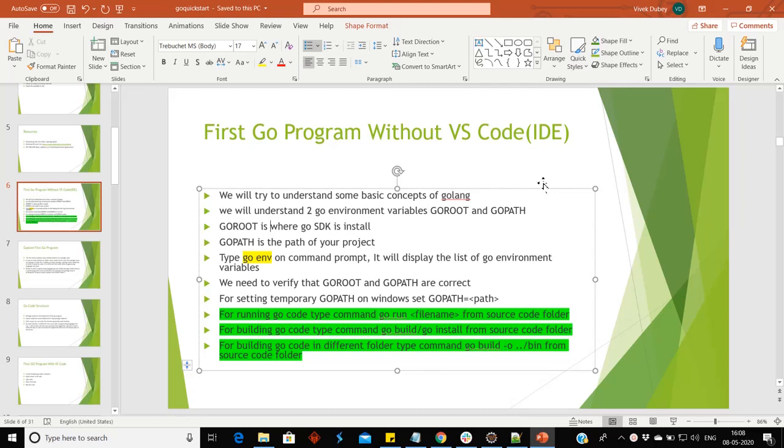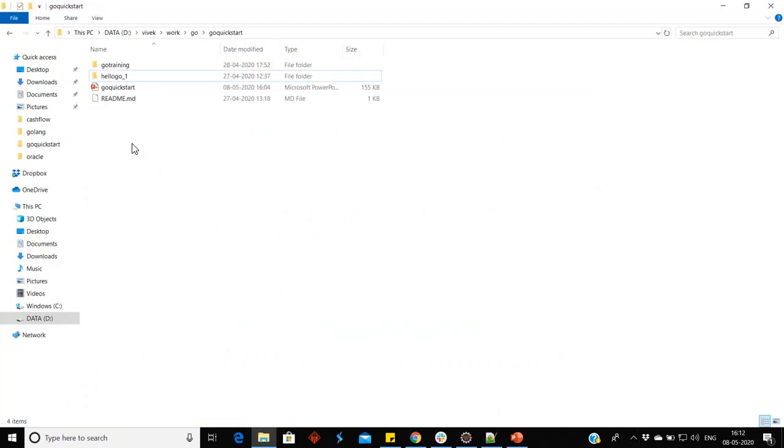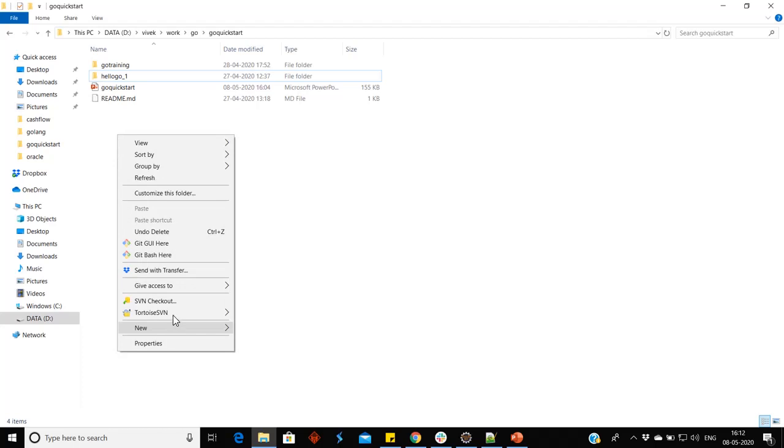Now we will create the project. We will create our first Go program. We will create a folder hello Go.